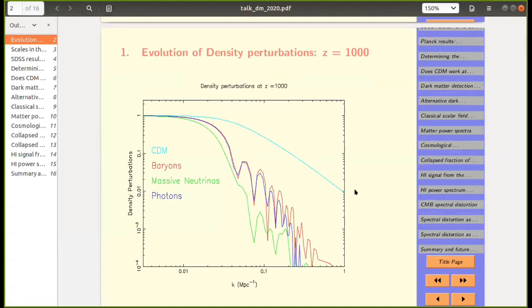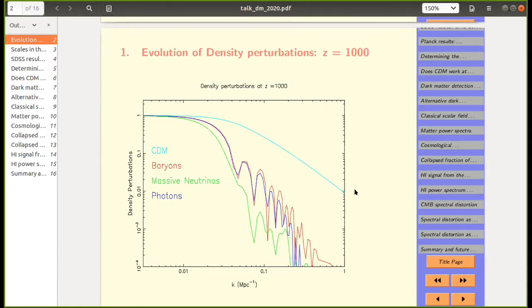Here is a view graph, and I think it is nice in the sense that it summarizes the role of dark matter in cosmology in more ways than one. This is a snapshot of density perturbations at redshift 1000, which is important because that is when recombination happened. Of the multiple-component fluid in the universe, it shows what the different components are and how they behave. It has what is called cold dark matter.